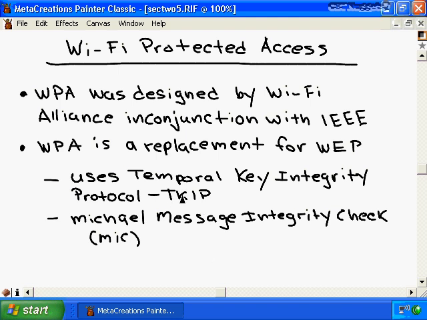And by using TKIP in conjunction with the Michael Message Integrity Check feature, or MIC for short, this is used to ensure the integrity of the keys, meaning to ensure that the keys haven't actually been tampered with. And WPA also supports the use of 802.1x authentication for client-server mutual authentication and the dynamic distribution of the keys that are used for WPA encryption. However, even WPA is not meant as a permanent solution for securing data on a wireless network and for providing authentication. It's meant as an interim solution until the IEEE